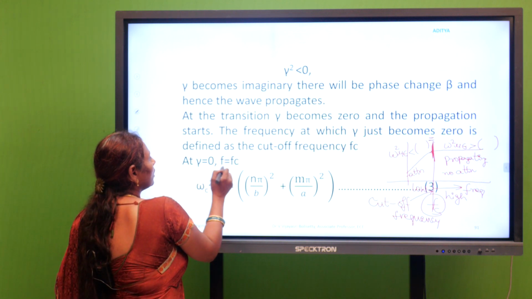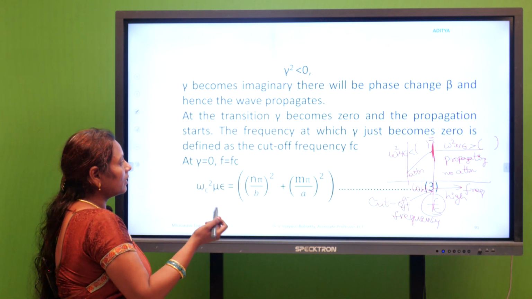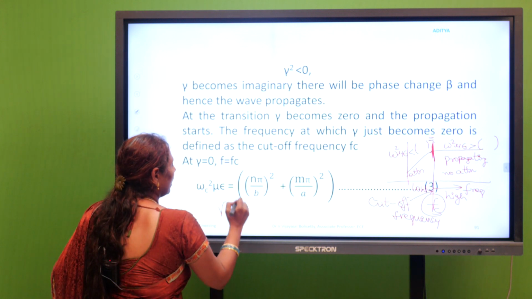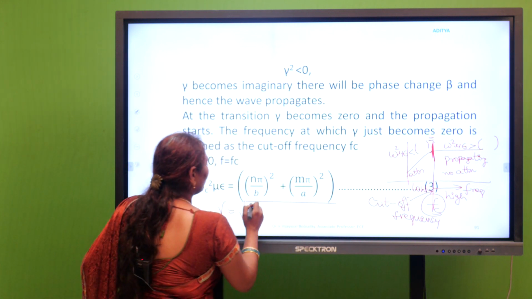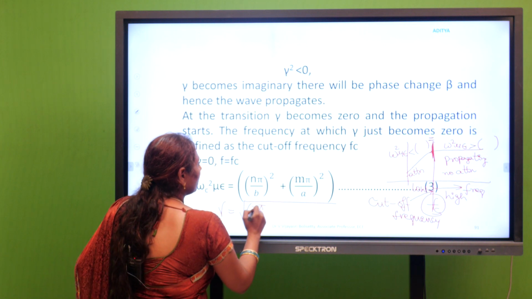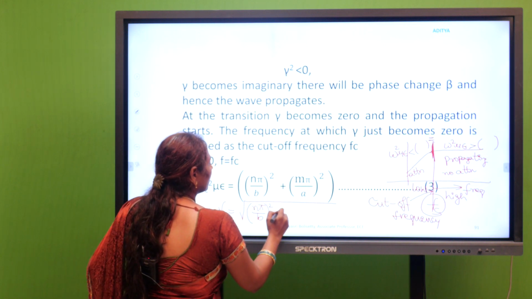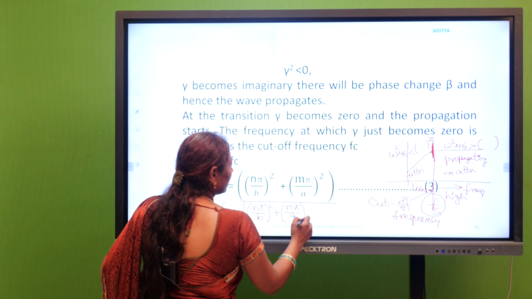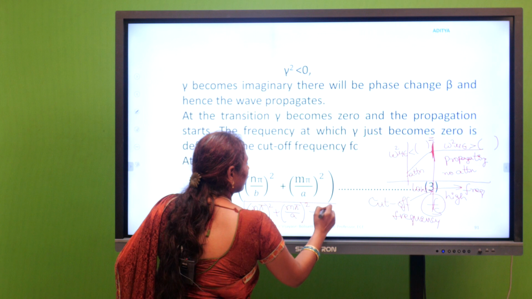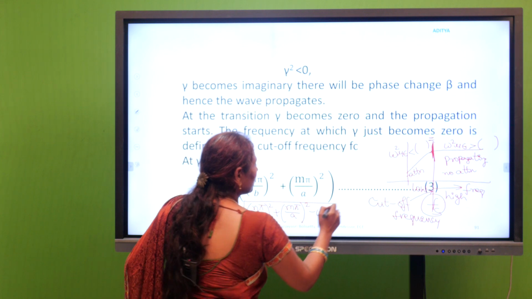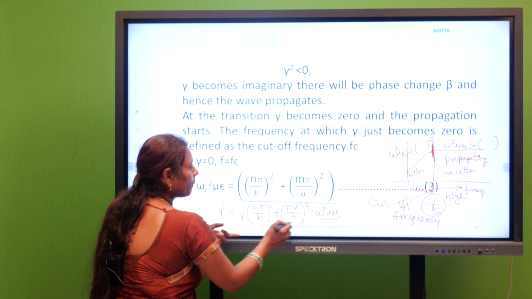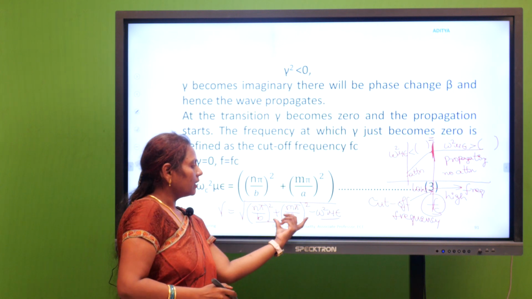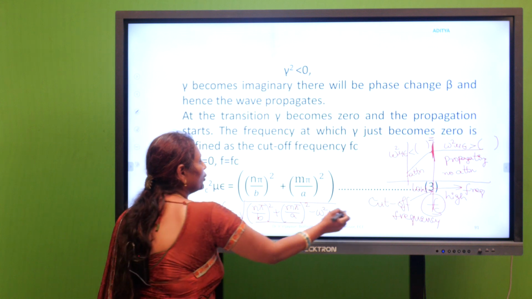In the root value, gamma is equal to the root of (n pi by b) whole square plus (m pi by a) whole square minus omega square mu epsilon. If the positive part and negative part are equal, then they cancel, and gamma is going to be equal to